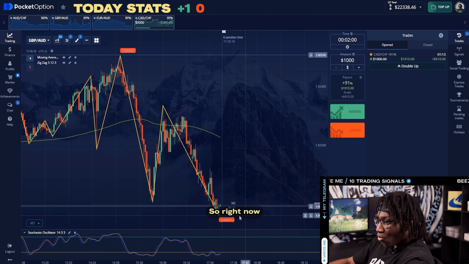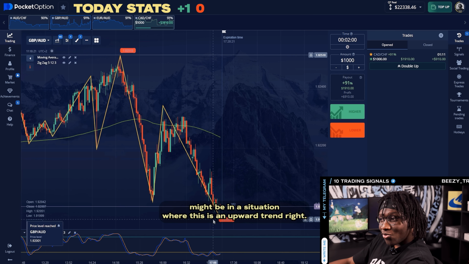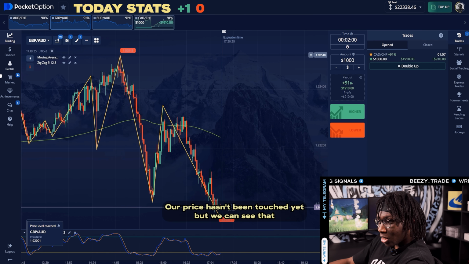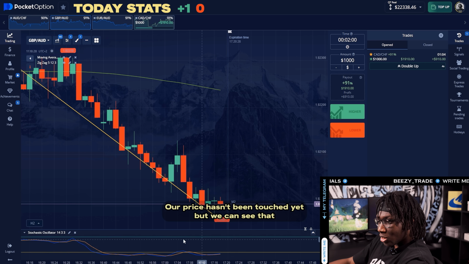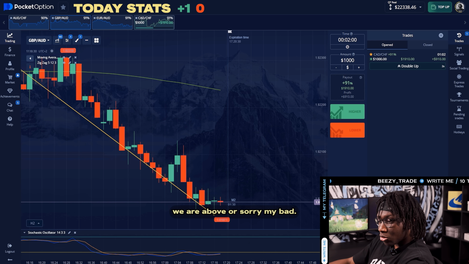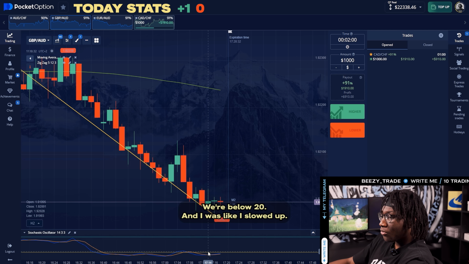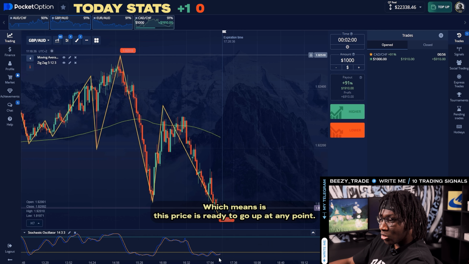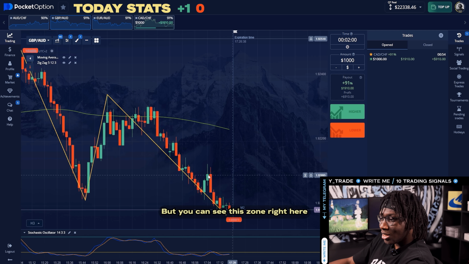So right now, we might be in a situation where this is an upward trend, right? Our price hasn't been touched yet, but we can see that we are above, or sorry, my bad, we're below 20 on our stochastic oscillator, which means that this price is ready to go up at any point. But you can see this zone right here,